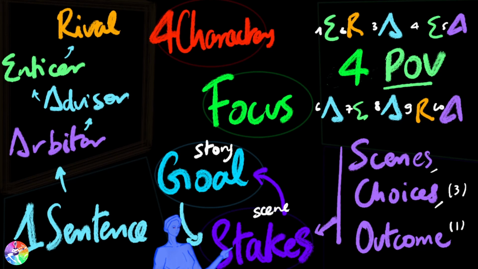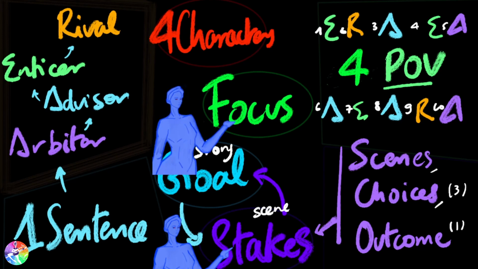So it's 1 outcome per choice at least, knowing that you have multiple characters. But if we keep it simple here, you have 3 choices as the character, and each of them will lead to 1 outcome at least. So you want to think about the synergy between goal and stakes. What does it bring you? Well, for one, you understand how your character will advance in the sequence, because now you know that regarding this example, your main character, your protagonist, the enticer, is the focal point of 3 chapters out of 10,